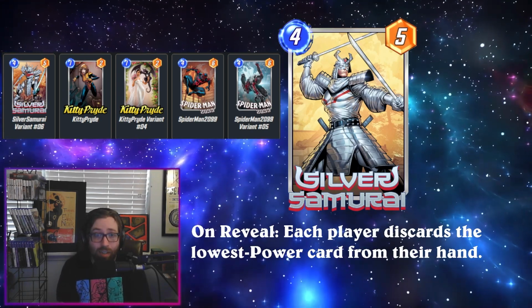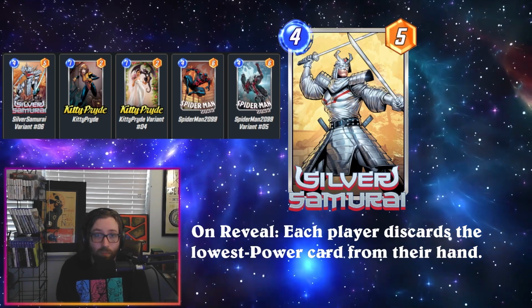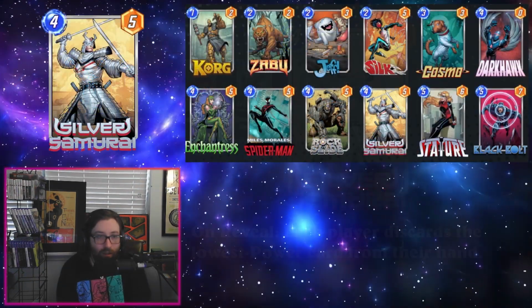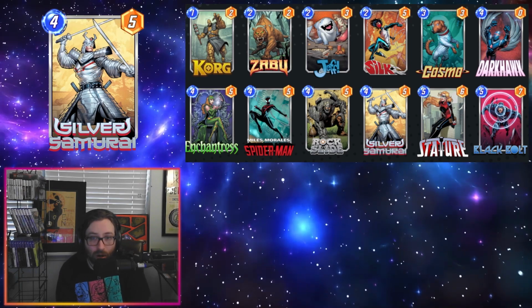I'm a big fan of the Stature deck though, so I'm going to be picking this up for that alone, and I think there's other interesting potential with this in kind of a discard deck that aims to attack your opponent's hand size. So diving into our day 1 decks here, first up we have a Zabu Darkhawk deck with